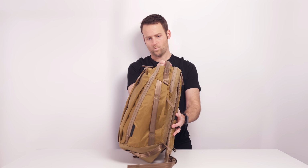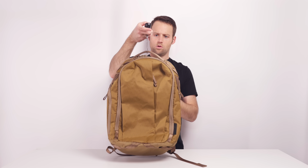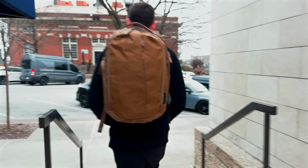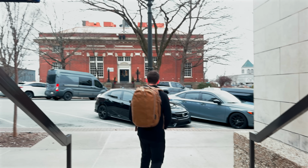In today's review, I'll walk you through all the basics, measurements, materials, and weight. And then we'll dive into the organization and the unique features. Finally, I'll give you my honest, unbiased thoughts on who this bag is really for and whether or not it's